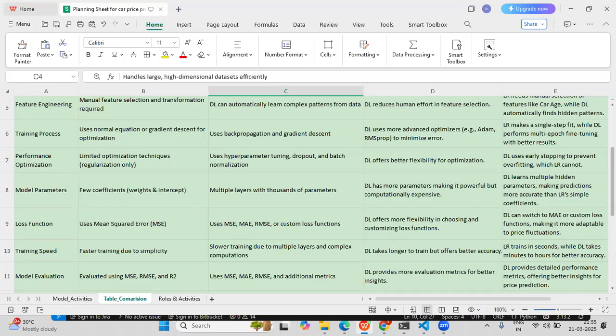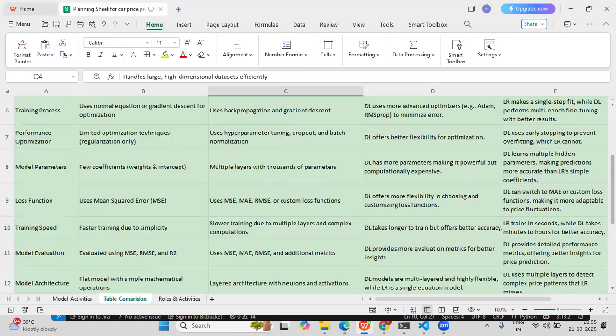So the difference is that deep learning offers more flexibility in choosing and customizing loss functions compared to the linear regression ML model. Deep learning can switch to mean absolute error or convert to custom loss functions, making it more flexible and adaptable to price fluctuations based on the trend of the data. That is what we can see under the loss function.